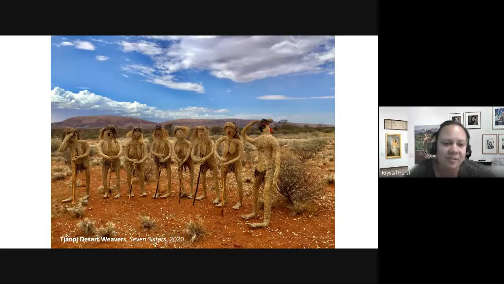And here we have a really beautiful photo which is situated on their country in Central Australia, connecting those weaving works and those stories to country, but also to the sky above, related to the ancestral story of the Seven Sisters. And through our program, we also show video to change it up a bit as well, but also bring in those visual ways of telling stories.